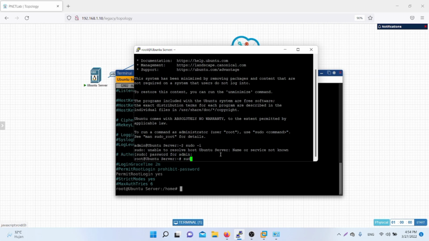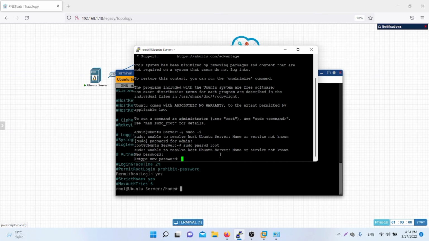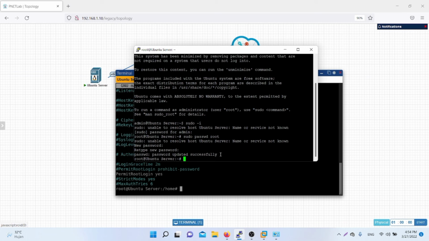The command is sudo passwd root. New password itu bebas. Di sini saya menggunakan satu saja agar mudah. And in retype new password, we retype the password before that.